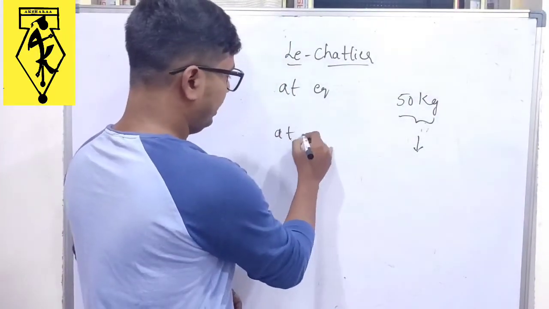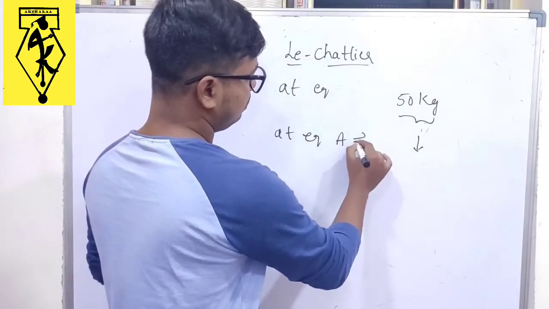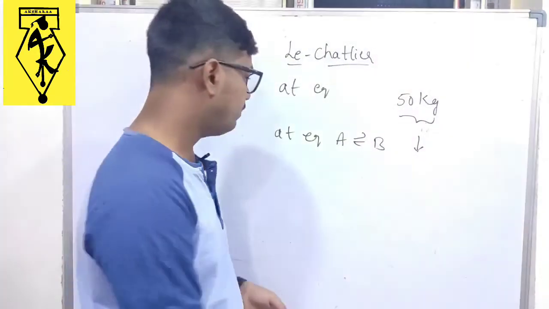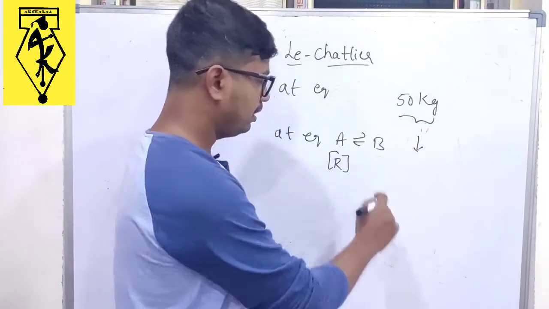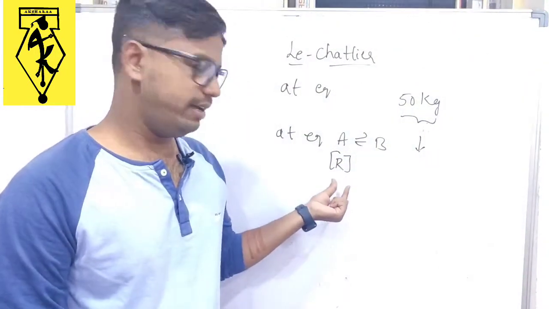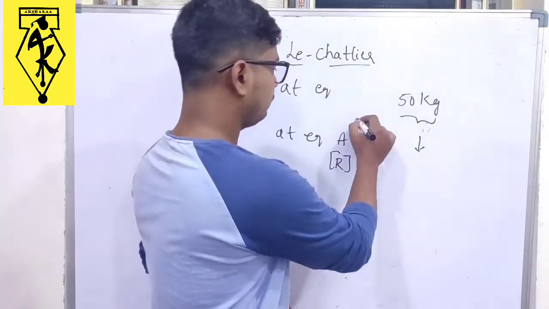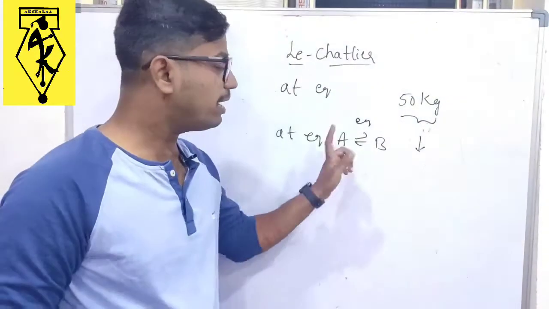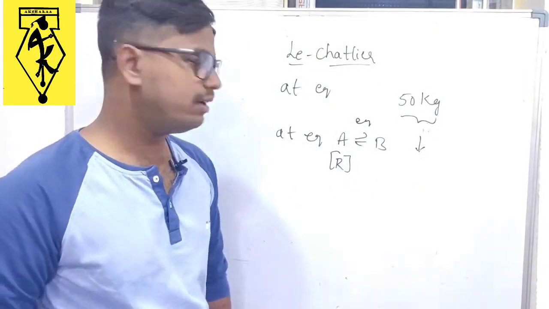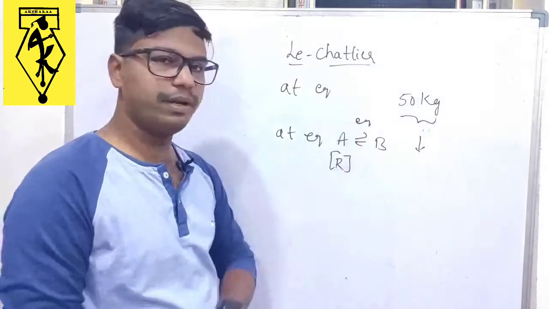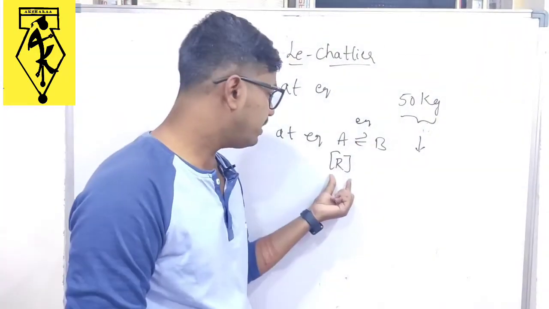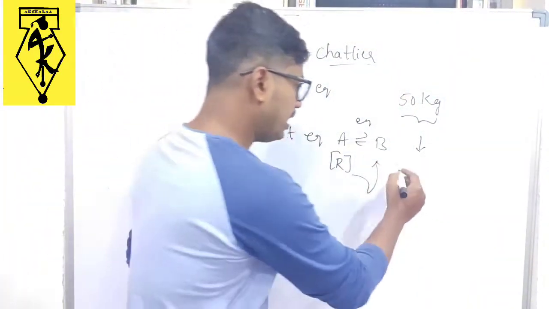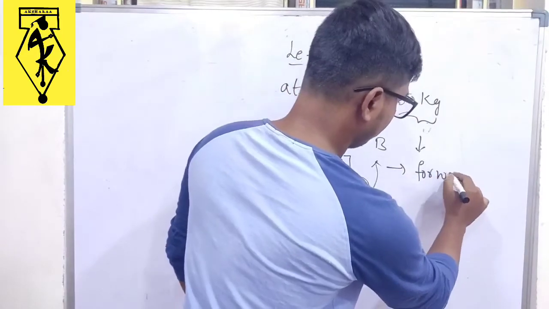Say for example, consider this reaction, A giving rise to B at equilibrium. What if you increase the concentration of the reactant? Increase the reactant A, what happens to the equilibrium? That equilibrium will try to decrease that reactant concentration by converting it into product. Understood what I am saying? So we have increased the reactants at equilibrium, and the equilibrium will decrease the reactant concentration by increasing the product formation. That means the reaction is going forward. Clear?